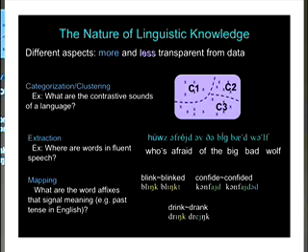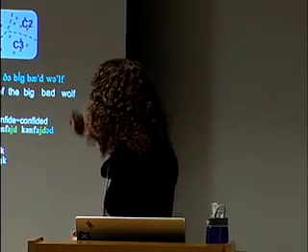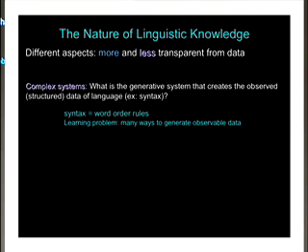So these are a class of problems where the data is very apparent, and what you have to do to generate the data that you want, in this case the categories, the words, or the mapping, is a little more transparent than the case I'm going to bring up next, which is the idea of complex systems within language. And if you hang out with linguists, they tell you that there are a lot of different generative systems in language, and again, that's a kind of knowledge that you want to transmit from generation to generation.